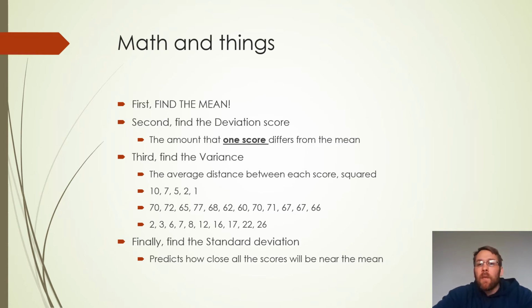Then you're going to find what's called the deviation scores. The deviation scores are how much difference there is between each individual data point and the mean. I'm going to go through more of this in a second. What this will help us do is figure out, with some semblance of accuracy, how much we can predict the data that we have will be close to the mean. So for instance,